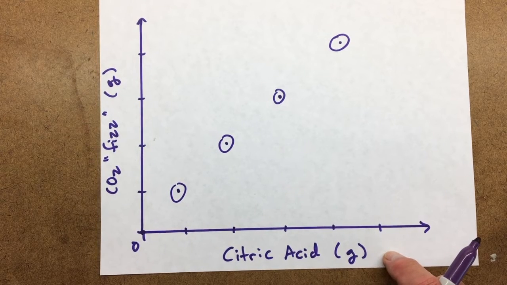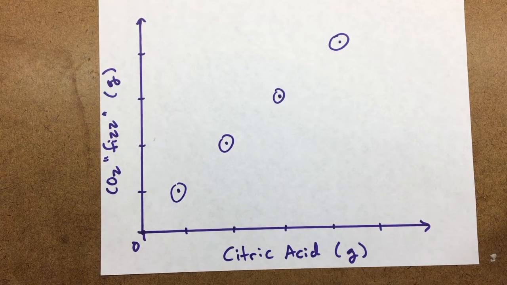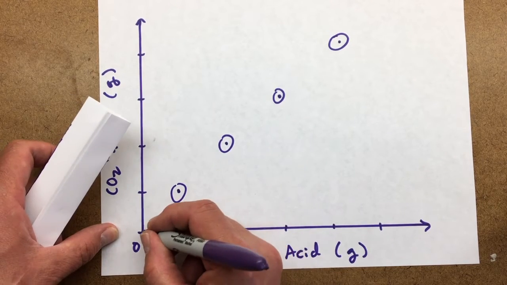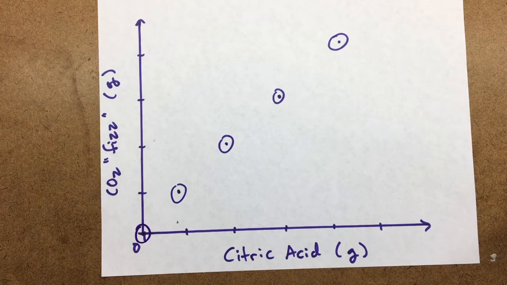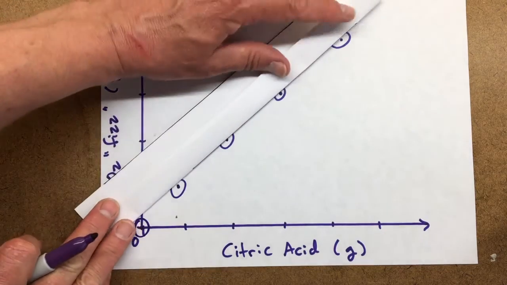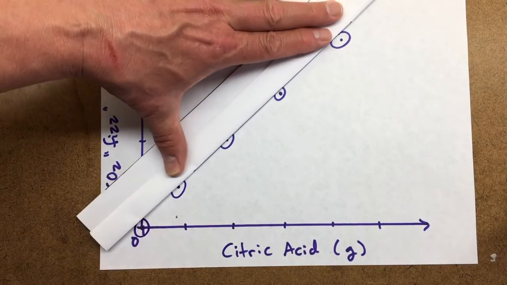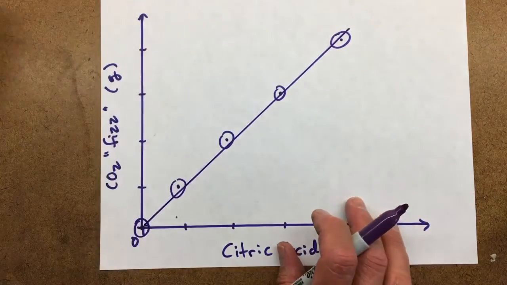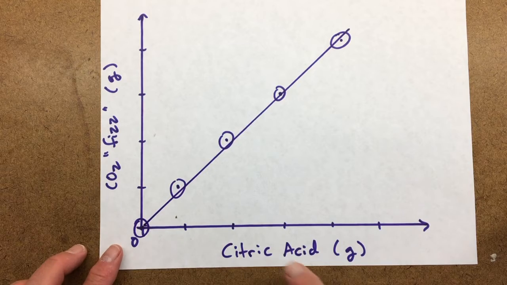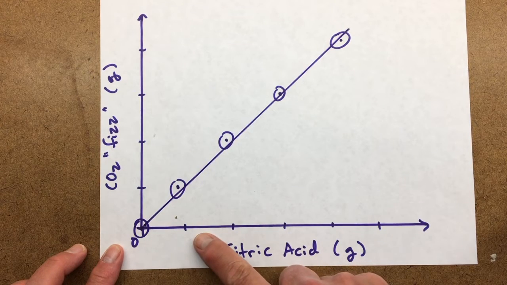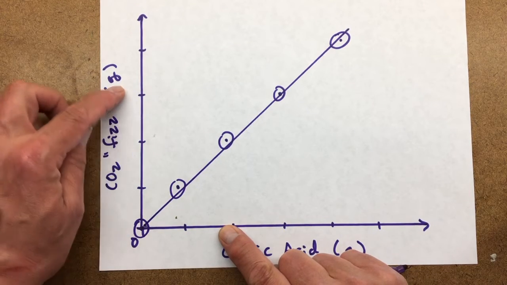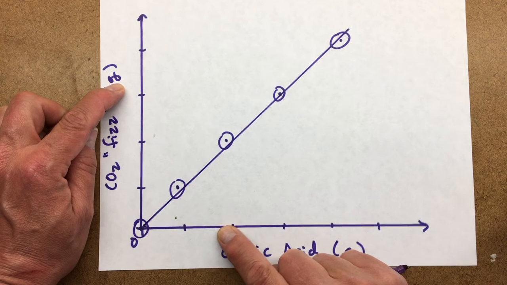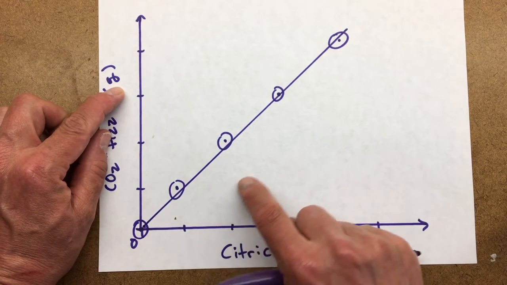So then what we had to do was draw a best fit line through those points, going through the origin, because if you have no reactants, you make no products. We used a straight edge and we drew the line that came the closest to going through all of the points. We expected it to be a straight line because as the amount of citric acid increases, the amount of fizz that's made should be proportional to the amount of citric acid,